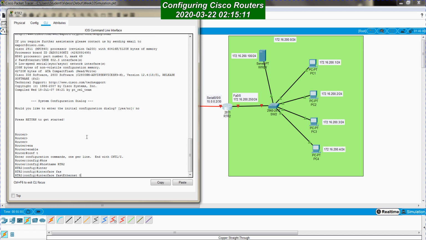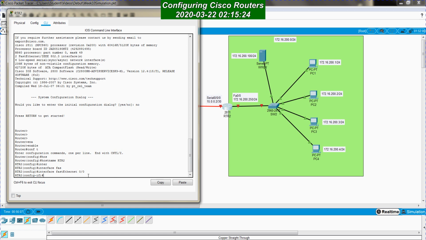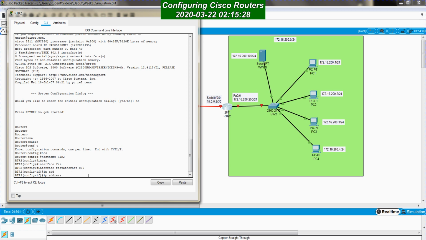Let's say FastEthernet 0/0. By the way, you can type FAS and then press tab. It is going to continue the command for you if there is no conflict. So once inside the FastEthernet 0/0, I just configure the IP address